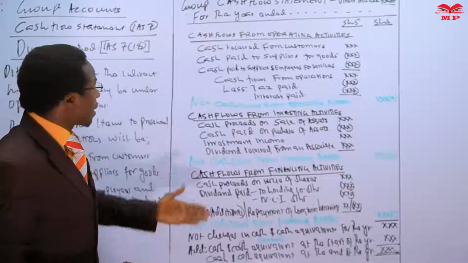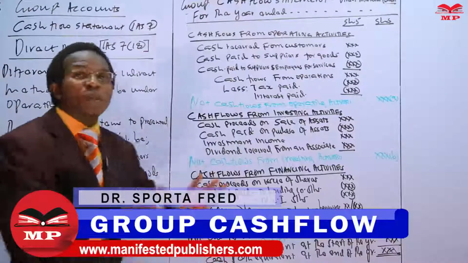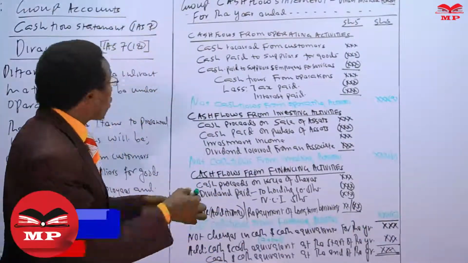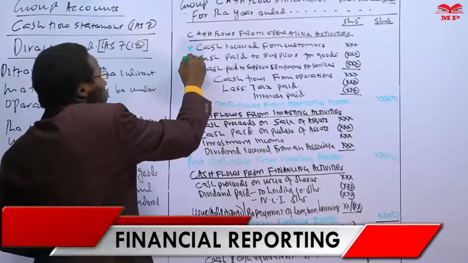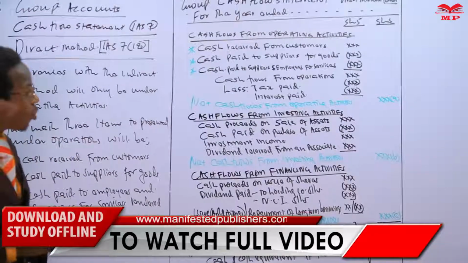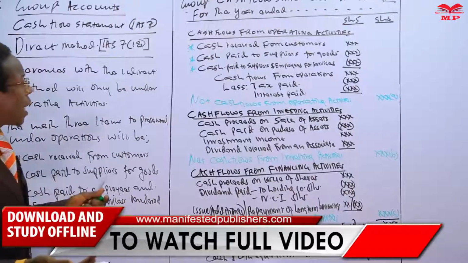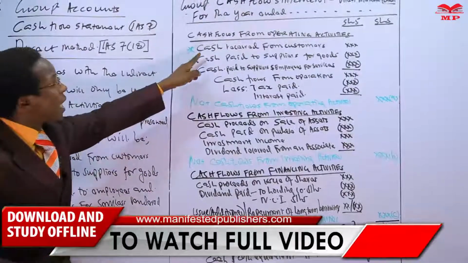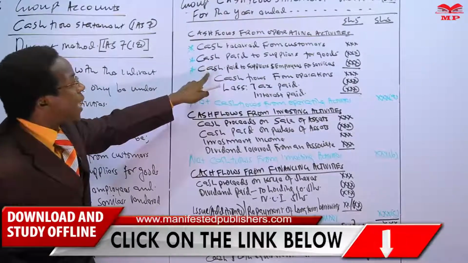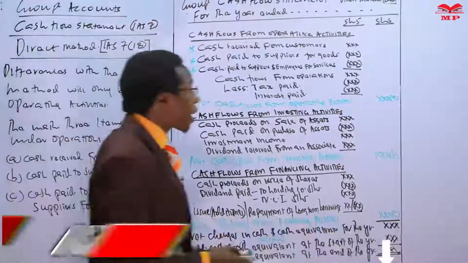You have noticed, friends, that when it comes to investing activities and financing activities, the presentation is the same as indirect method. What is different is this item, and this item. Those three items are the only difference. But now the question is, how do we get the cash received from customers? How do we get the cash paid to suppliers, and the cash paid to suppliers and employees for services rendered? Now, that's where we come and say,